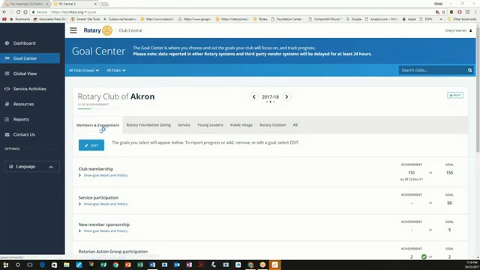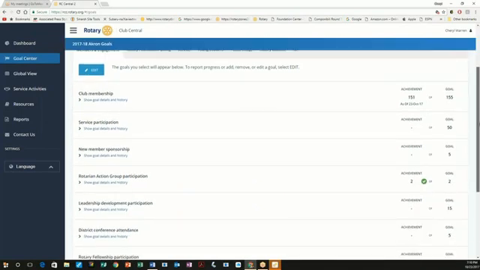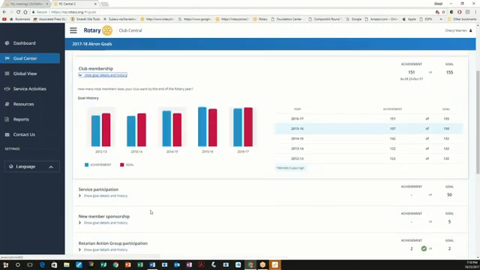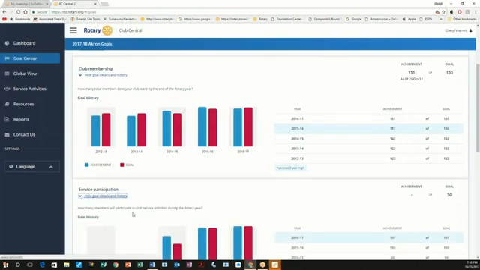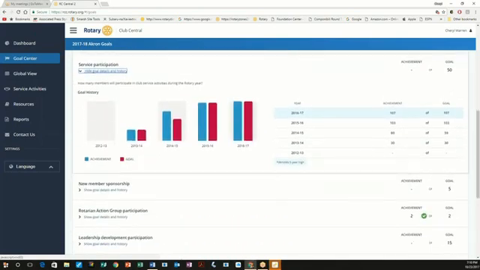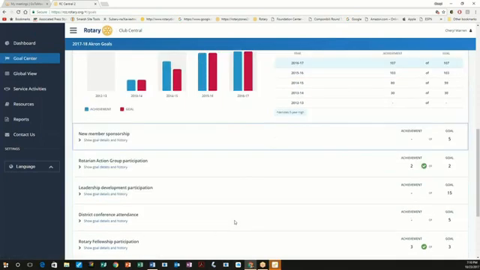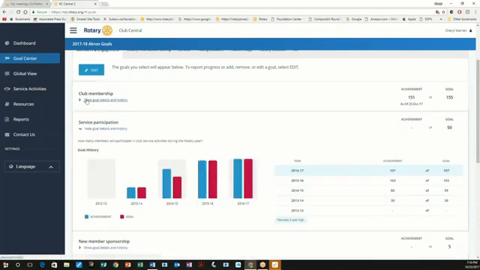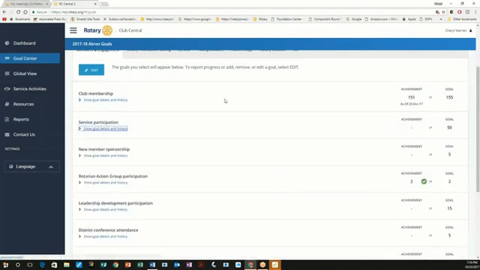So we're going to start with member and engagement. And with member and engagement, you have several different sections. Each time you click on one of these buttons, these blue buttons, it opens up that section. So each of these, think of it as a tree. And each section has a tree. So we're going to start up here with club membership. And you can minimize it simply by doing that.